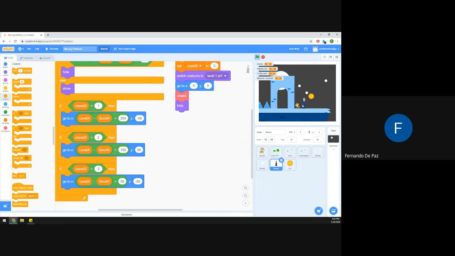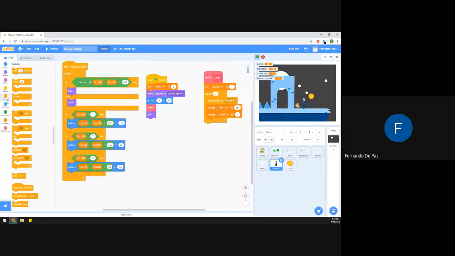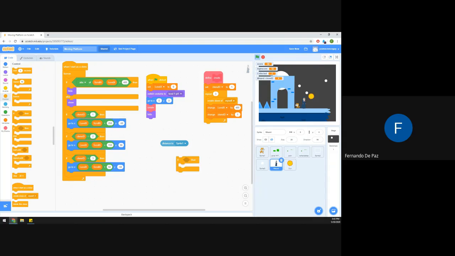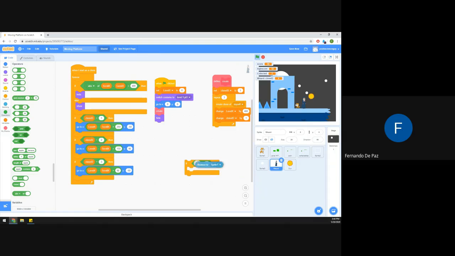Let's click on our guy. Mine is the wizard, the thing that's throwing the objects. If you click on sensing, there is a block called distance to, and then the object. So if you put sprite one, which is our cat, and then we say distance to sprite one, this gives us back the distance between that object and the cat, which in my case is the wizard and the cat. Here we can have this in an if block and say if my distance is less than...